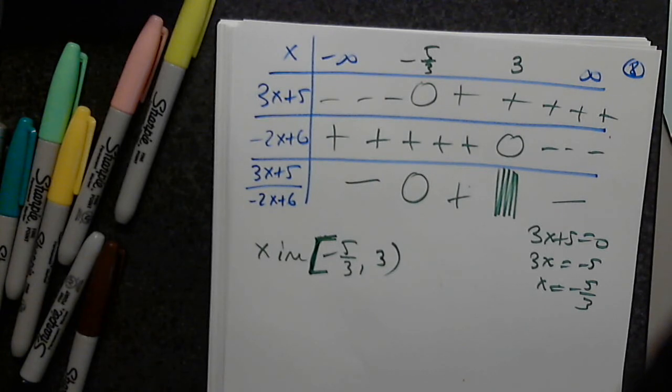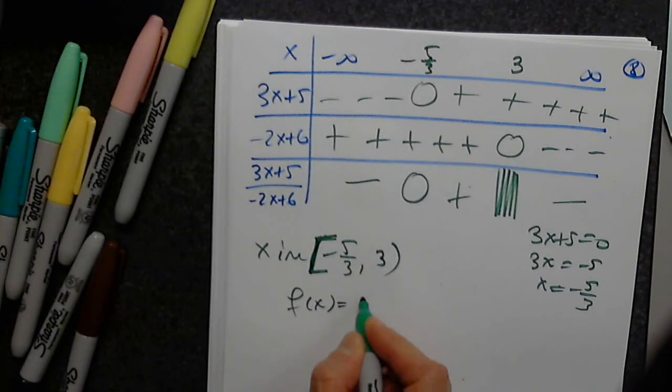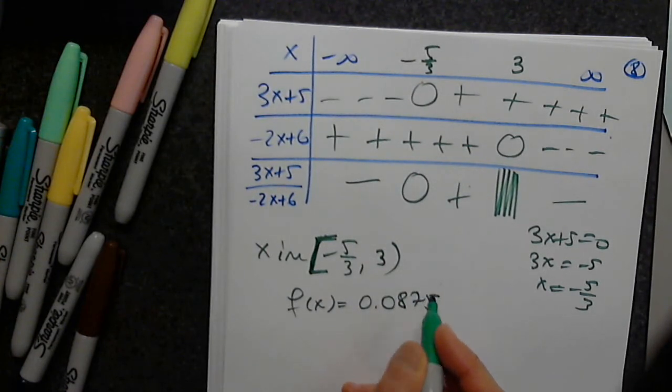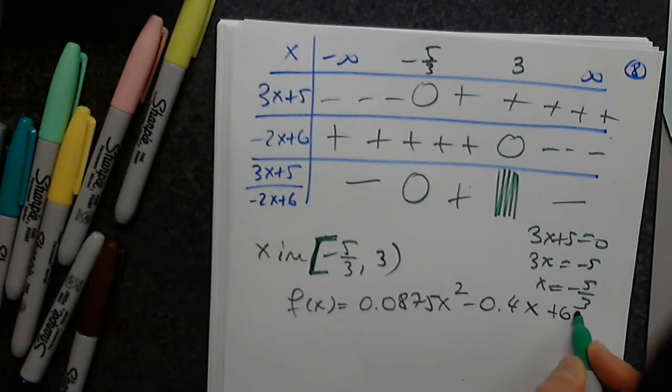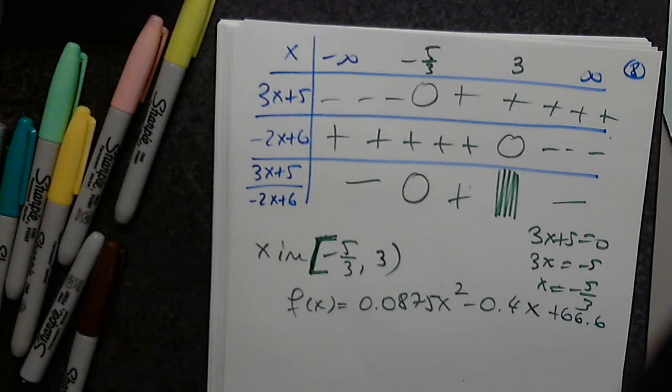Which 77, where is it? Okay, use the given function at the bottom of the previous page to find the stopping distance on dry pavement. So we have to go back. The function for the dry pavement, f of x equals 0.0875 x squared minus 0.4x plus 66.6. Okay, so it's on page 441, so that's 77